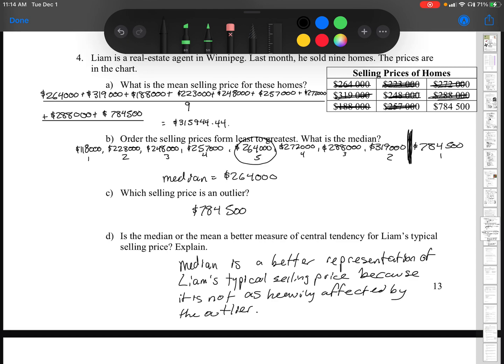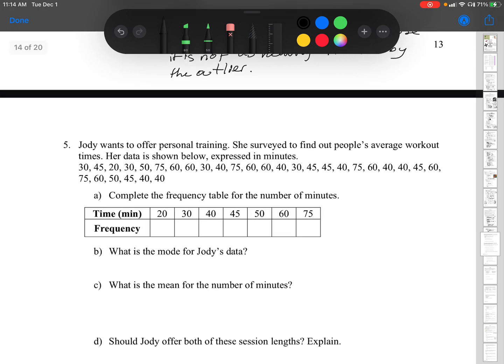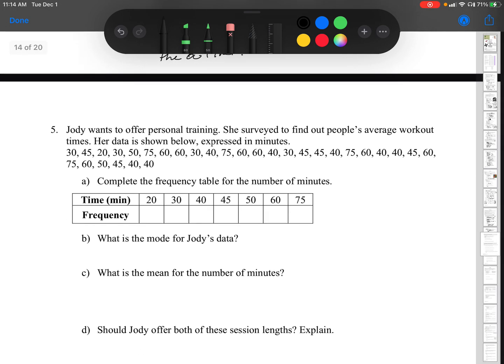All right, the next one. Jody wants to offer personal training. She surveyed to find out people's average workout times. Her data is shown below, expressed in minutes. So what we can do is take all that data and compress it down into a frequency table, which helps us calculate things a little bit quicker. Basically all you do is go through the list, and everywhere you see that number, you add a tick. So 30, add a tick, 45, add a tick,